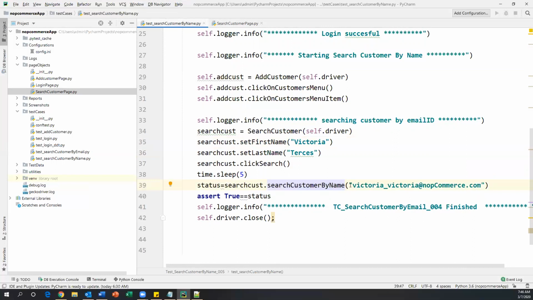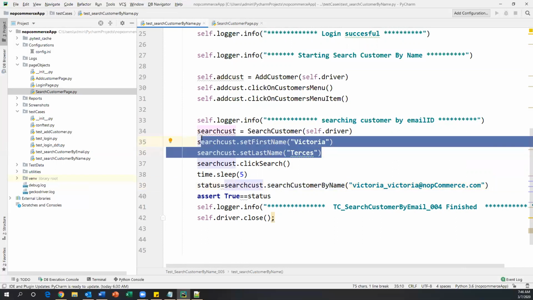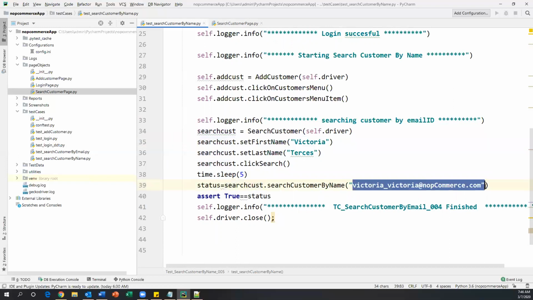That's it. So now here we need to pass the complete name of the customer. So here we have passed, and it has searched the customer and displayed it in the table. In the table, what we have to verify is whether the email ID is displayed or not. Sorry, not the email ID, the name is displayed properly or not, we need to verify. So search customer by name. So here we have to pass the complete name,